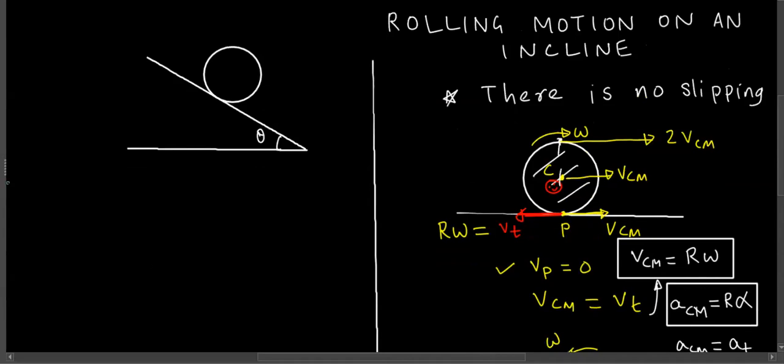Now you pick an object that you want to discuss. Let's say, what do you want this round object to be? Let's go with this. You still want it to be a disk? Okay. So let's say that this is a disk. I'll just put some lines so that we know it is filled everywhere. It's a uniform disk. And the mass of the disk is m, and radius is r.